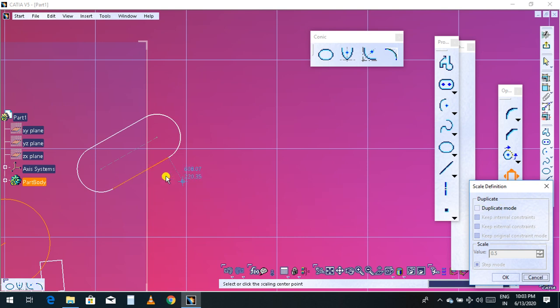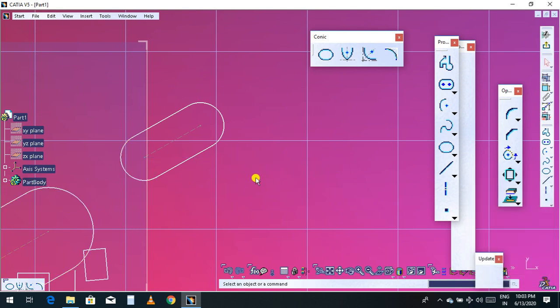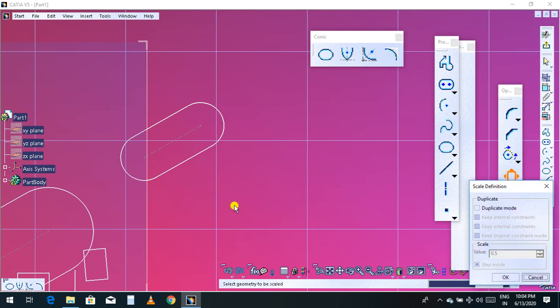So now again I will choose this part. Now I will select scale and select this part. Now it is asking where you want to scale. Suppose I want to scale at this point.